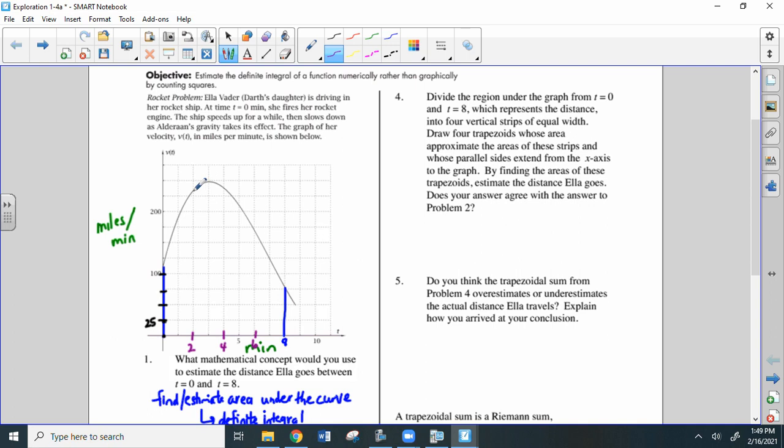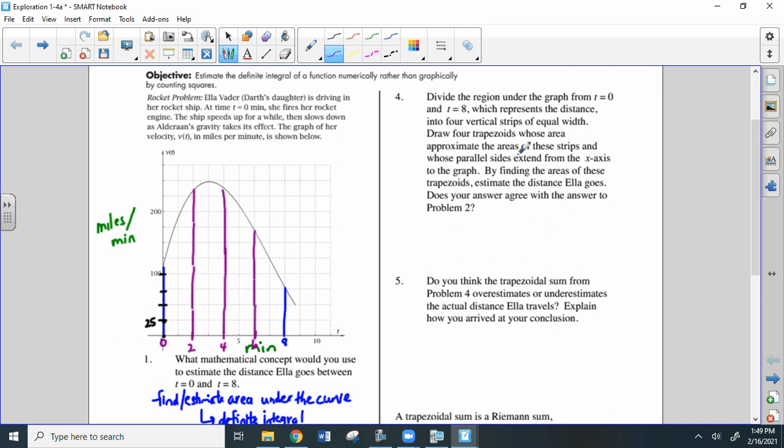So let me get, all right, so I'm just going to draw. It's hard to do a nice straight line with my little writing tool, but we'll figure it out here. So we've got 4 vertical strips. We've got one going from 0 to 2, another one from 2 to 4, 4 to 6, and 6 to 8. And now it goes on to say draw 4 trapezoids whose area approximate the areas of these strips,